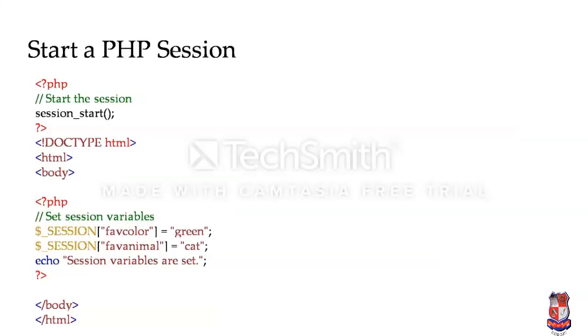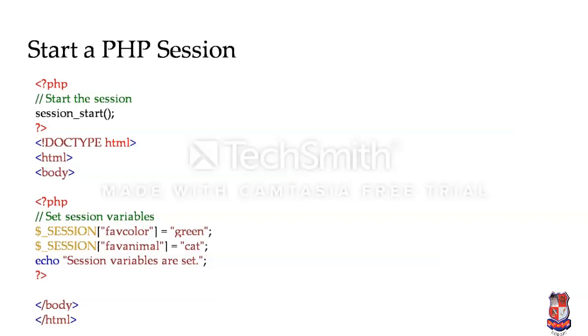First of all, how to declare a session in PHP. In PHP, to start a session or to use a session, we need to use a function called session_start. So the first thing is to start the session using the session_start function. This is the way of telling PHP that in this page we are going to use a session. Now we can declare a session variable, which is a superglobal variable already reserved in PHP. Declare it like this: